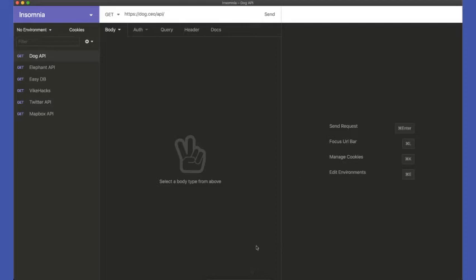So when you open up Insomnia, their core application, because they just came out with the designer one, it's going to look similar to this, but you're not going to have any of these requests in the sidebar because you haven't created any yet. So I've created two, and I have a Mapbox API one, a Twitter API one,